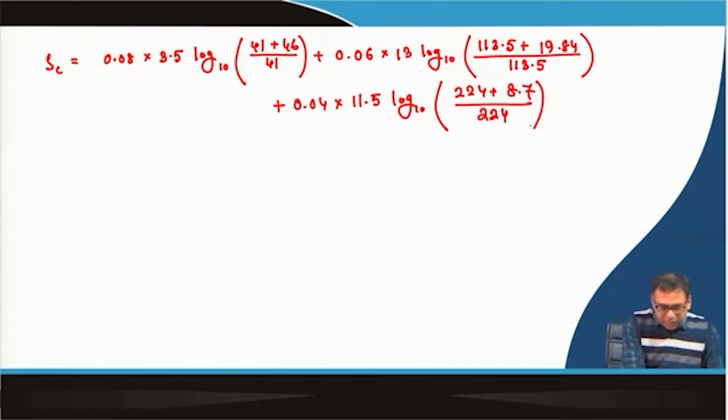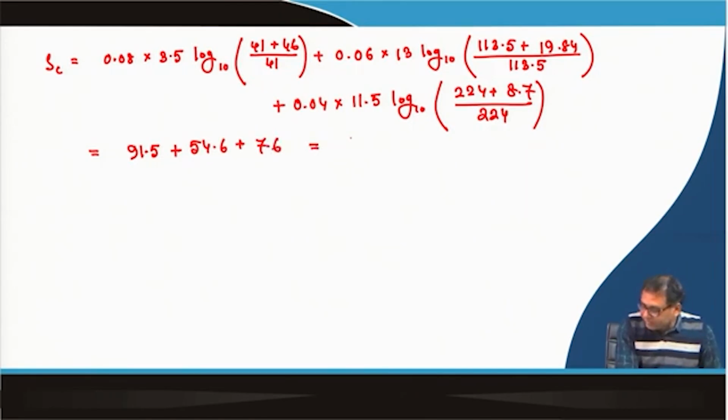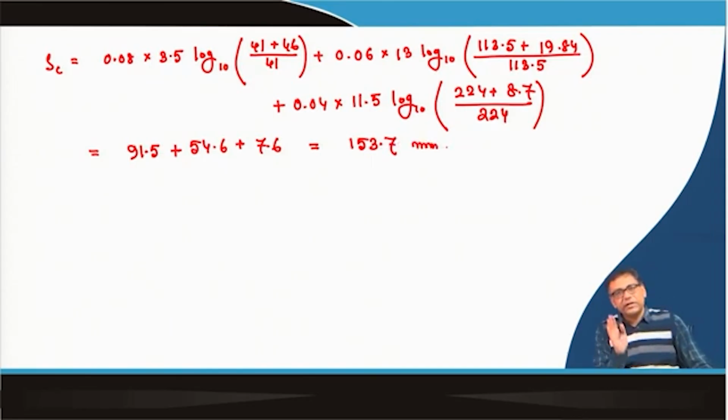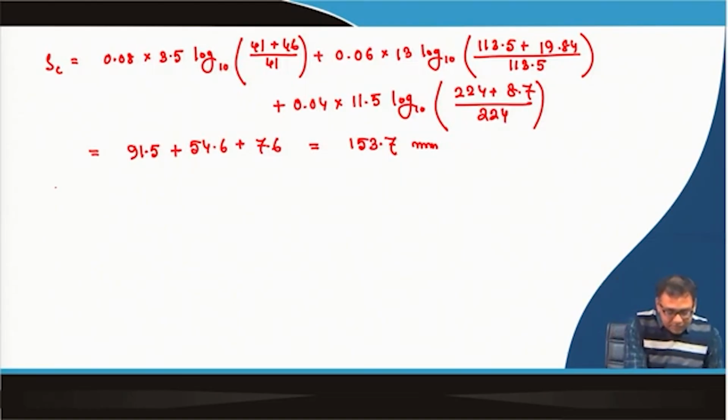Okay. So, separately if I calculate that, it will be 91.5 plus 54.6 plus 7.6. So, total settlement is 153.7 millimeter. So, this is uncorrected. So, we have to apply the corrections. So, what are the corrections? So, again the corrections are,